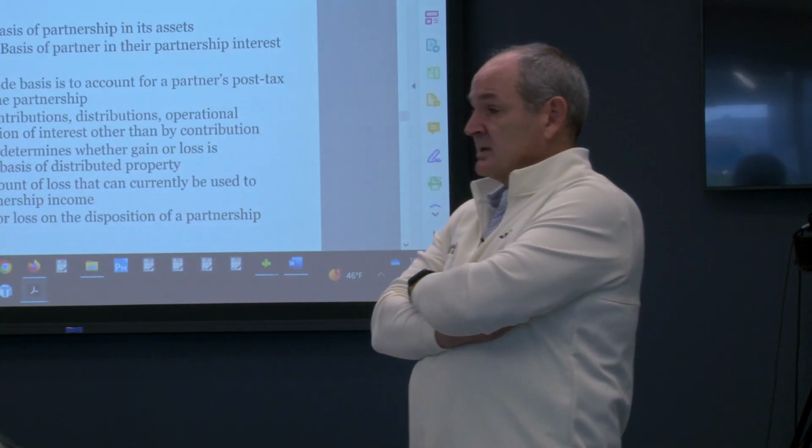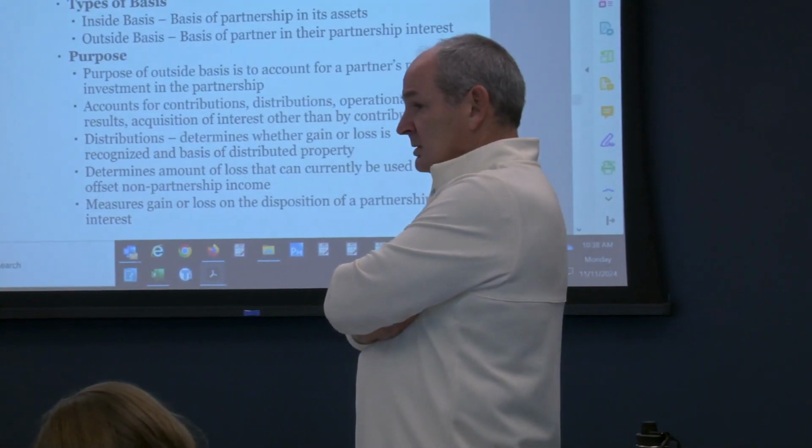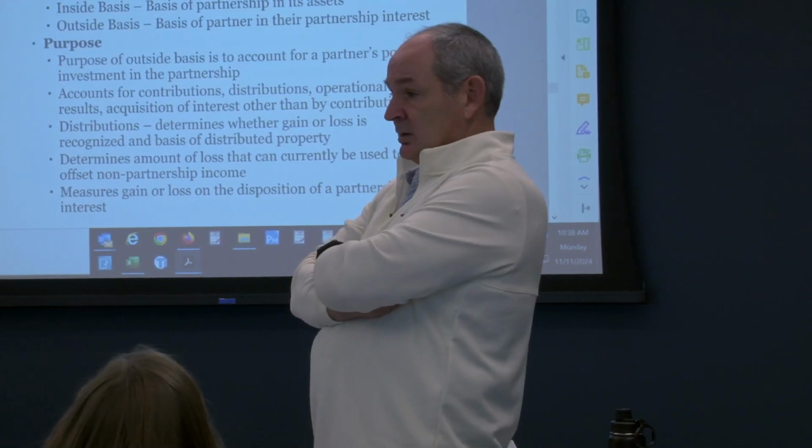Okay, depreciation. But why would that result in an inside-outside basis difference? Because if we contribute cash to purchase equipment, so my cash is $100,000, we buy equipment for $100,000 and fully depreciate it, then we get the deduction, so our basis would be depleted. Yep. So that wouldn't result in an inside-outside basis difference. No. Do you think the inside-outside basis difference is going to result because of a partnership action or partner action? Partner action. And what would those partner actions be?